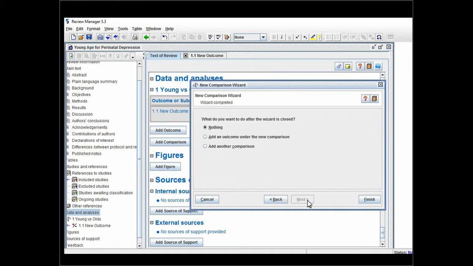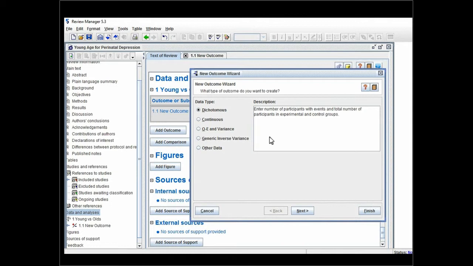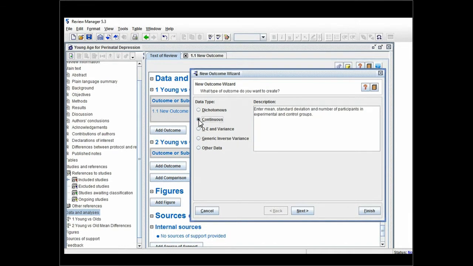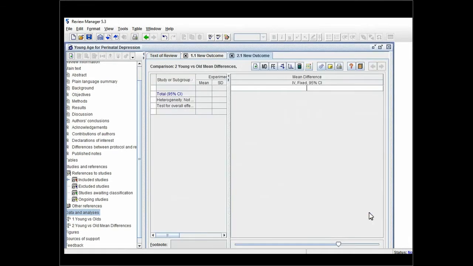Go to Next. I'm not adding any data or information because I don't have any. But this is to show you what kind of information you'll need to collect together in order to create a forest plot. So what do you want to do after the wizard is closed? We want to add an outcome. I'm going to continue, and this time we want a continuous outcome, and I'm going to click on Finish here,